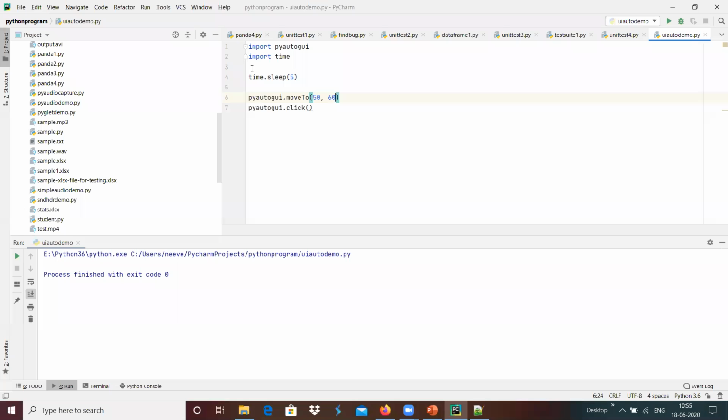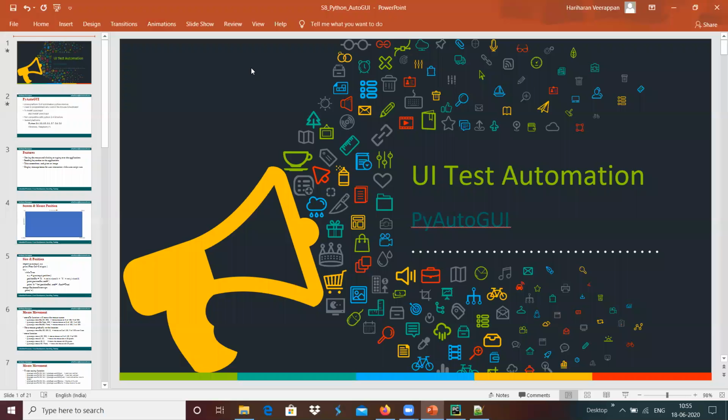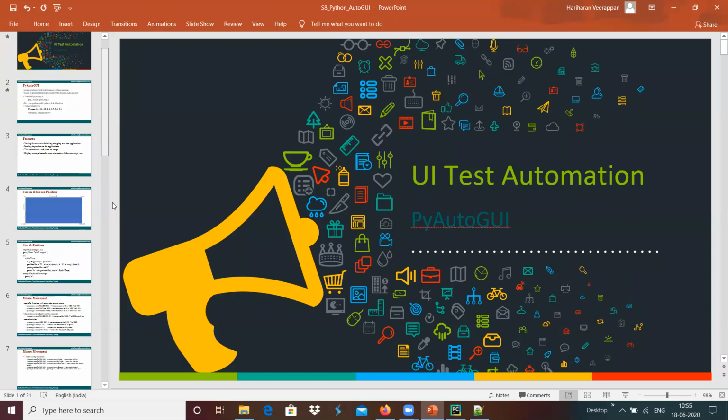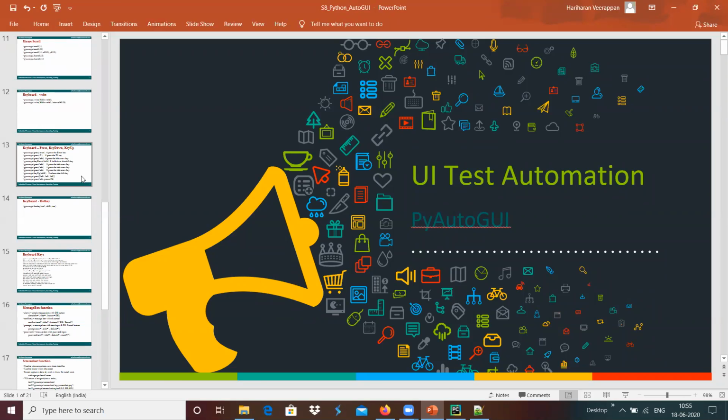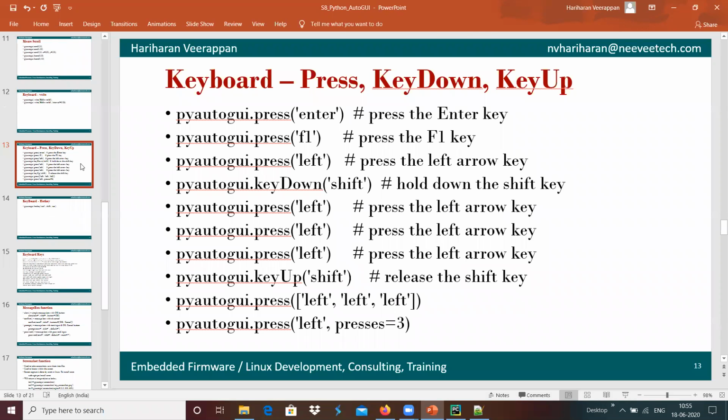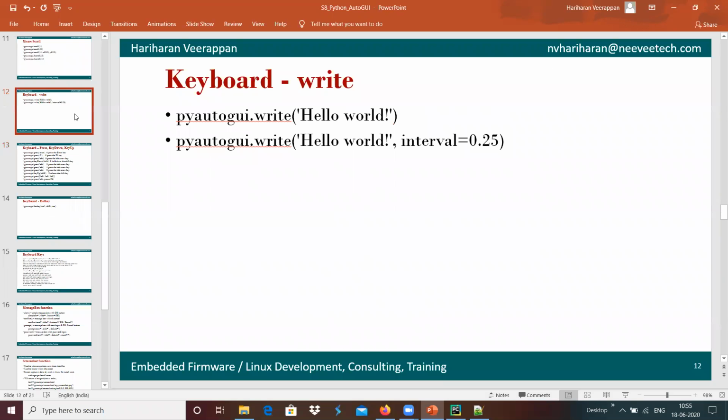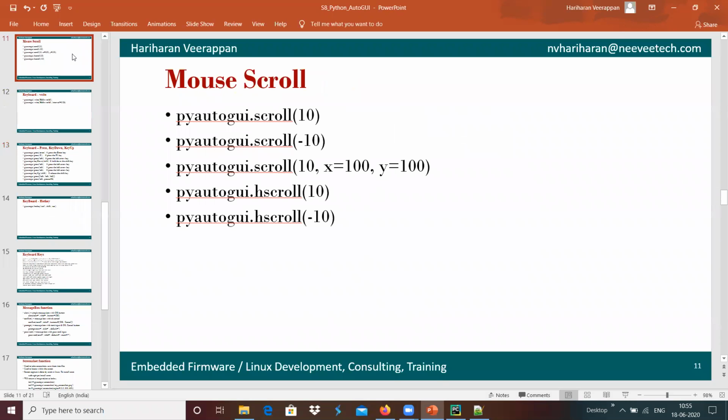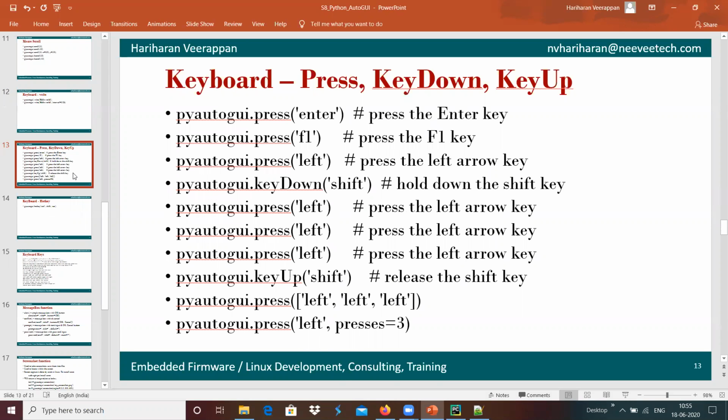And in a similar way, we can create keyboard events, with the help of something like the press function, which can be used to generate the keyboard events.